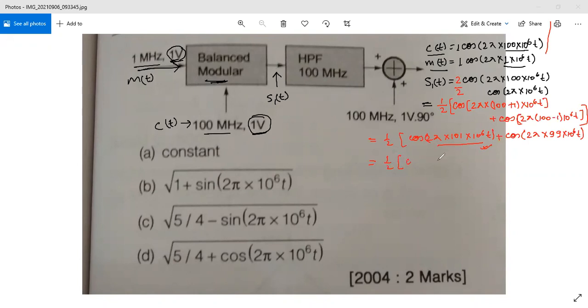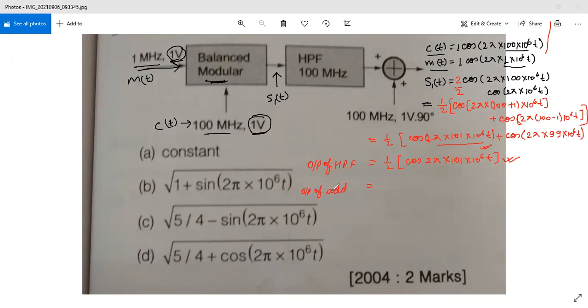We can write this expression in terms of cos. So here we have the output of the high pass filter equal to half cos of 2 pi into 101 into 10 to the power 6t only. हाई पास फिल्टर से पास करेंगे तो हमें सिर्फ ये सिग्नल मिलेगा, ये कंपोनेंट मिलेगा. Now this is added with a 100 मेगाहर्ट्ज signal. ओके, सो अभी यहाँ पर हमें जो मिलेगा, आउटपुट ऑफ